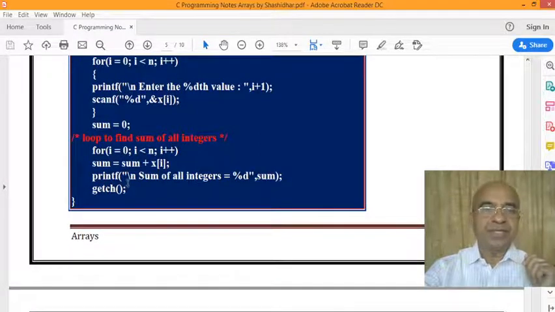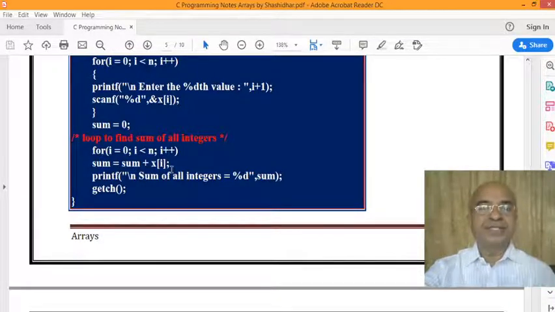Here, to find the sum of all integers, sum = sum + x[i]. Sum we had initialized to 0 here. Sum is equal to sum plus the integer that is being considered in this iteration.